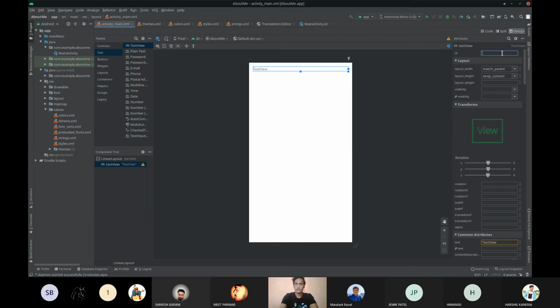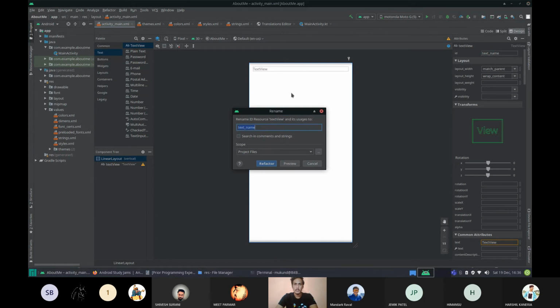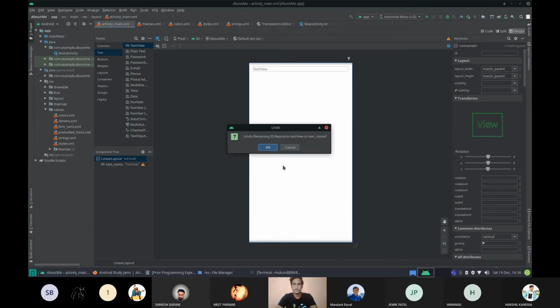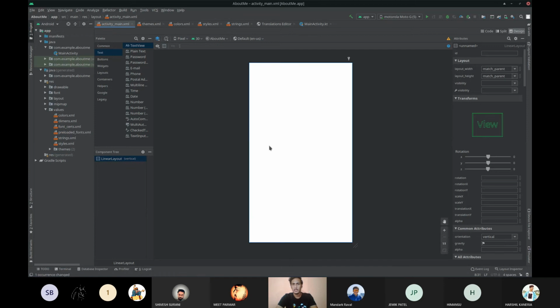So I want, let's name the text view text name, and so in that linear layout we want a text view, we want a